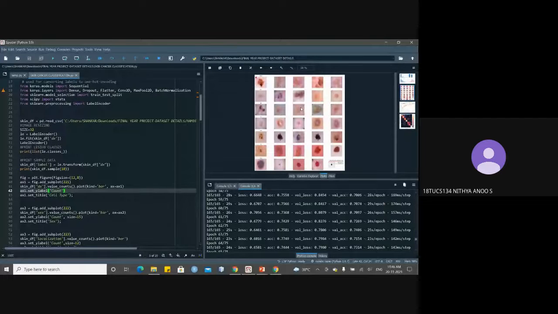The problem is we have worked together, ma'am, but because of stage fear, I would say, they are a little hesitant to talk. But it's not that we have not worked together. All the parts were worked on by all three of us, and everybody is aware of what's been done. It's just that they are not able to put it across properly.